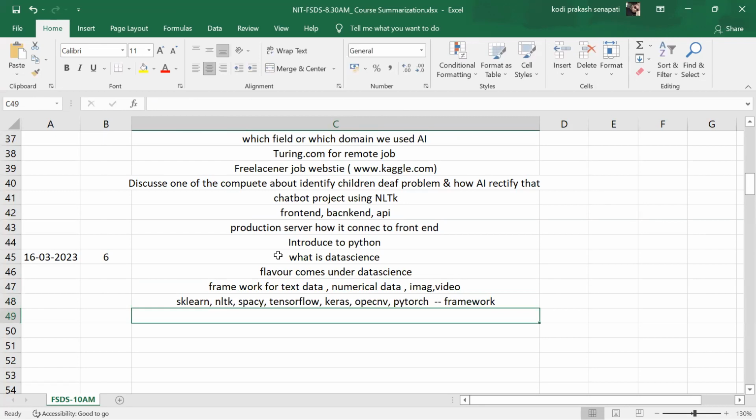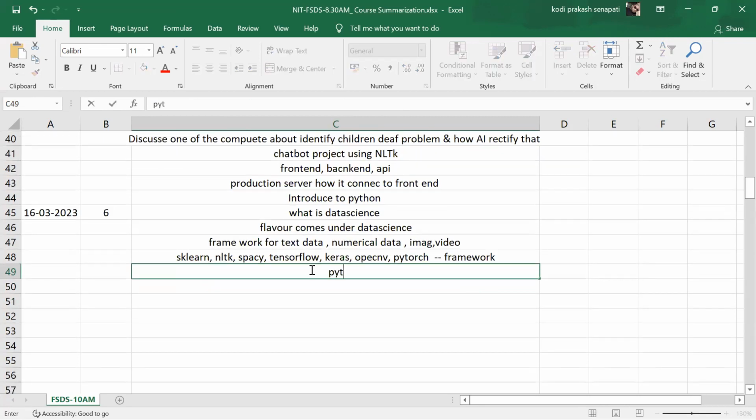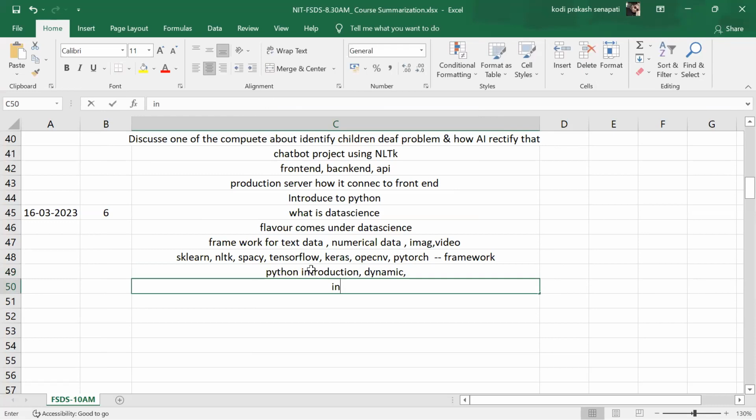And after that, what we started working on, guys, then we completed the Python introduction. In the introduction, we discussed that it is a dynamic programming language and how to check some of the inbuilt functions, like id.